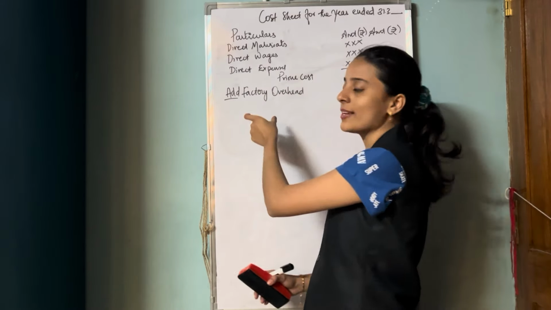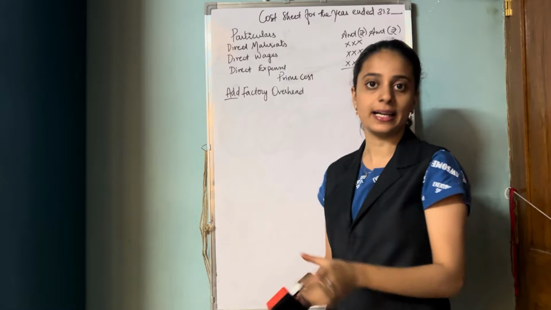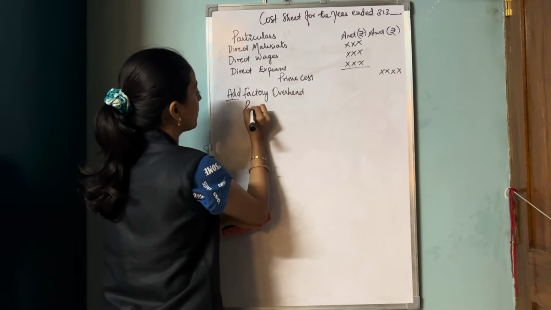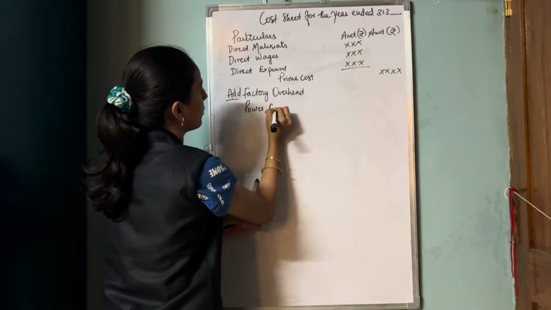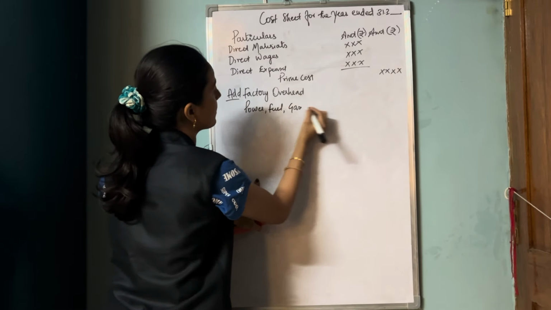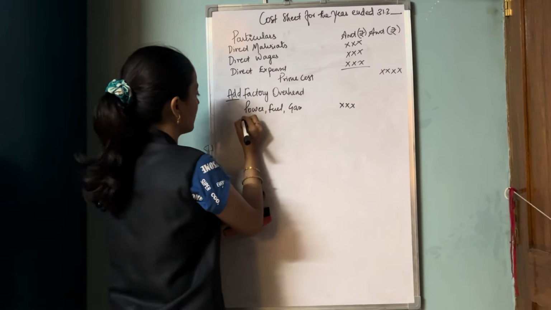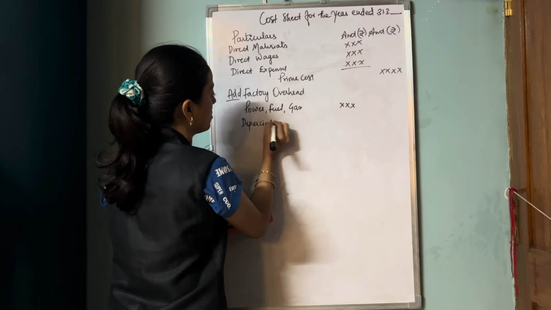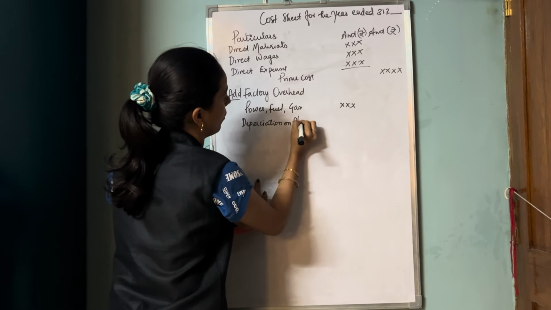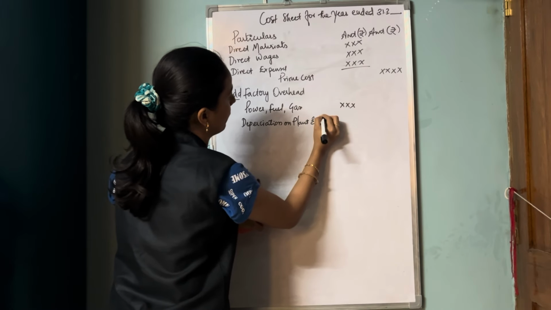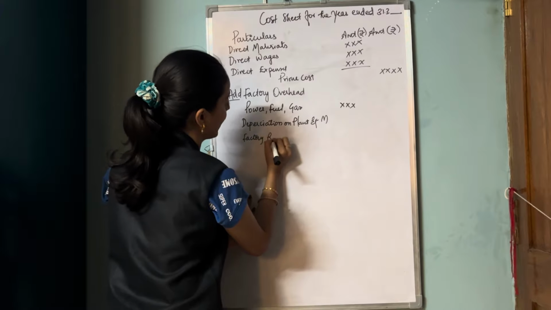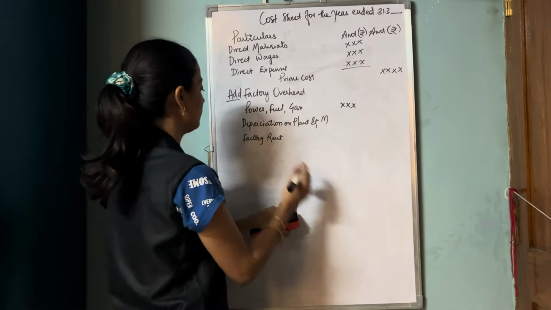So all such items are to be listed under factory overhead. For example, power, fuel, gas, depreciation on plant and machinery, factory rent,